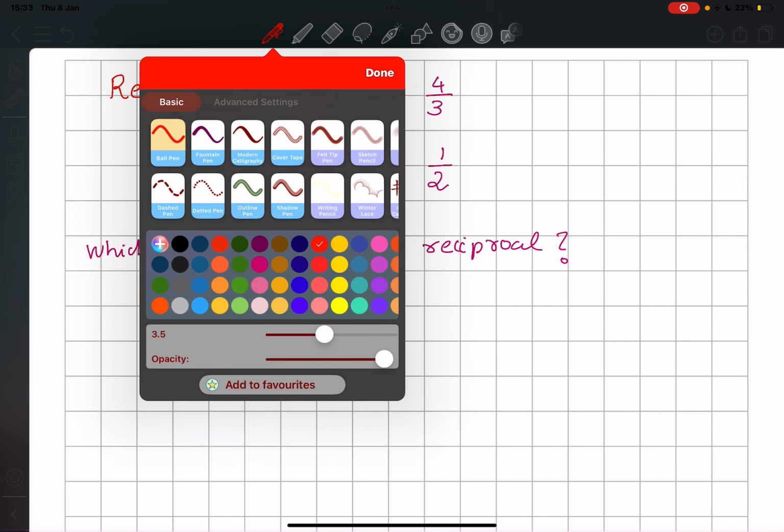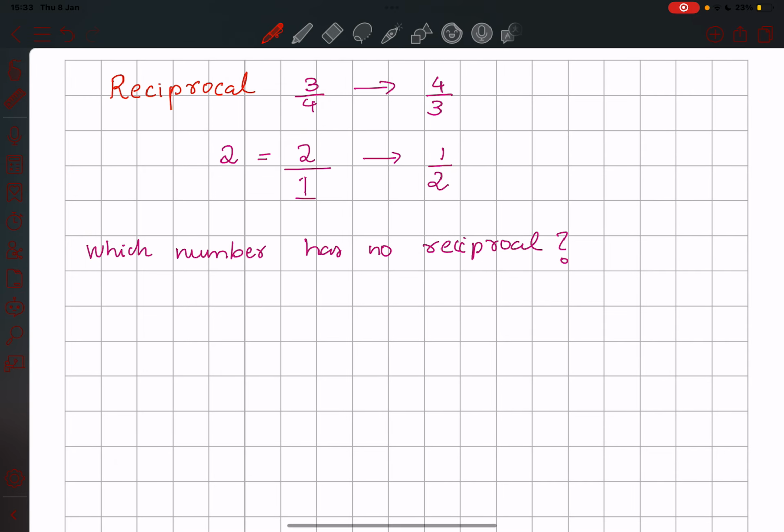So which fraction would kind of give us trouble? Well, when it comes to fractions, the rule is the denominator should never be equal to 0. So that means if I take a reciprocal and end up with 0 in the denominator, I might be in trouble. So the answer for the question, which number has no reciprocal, would be 0,